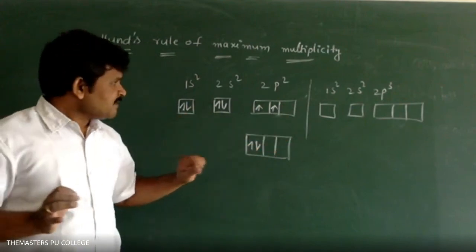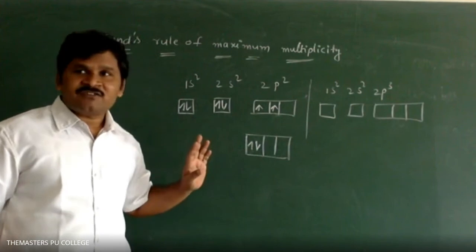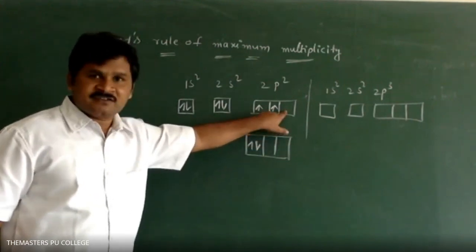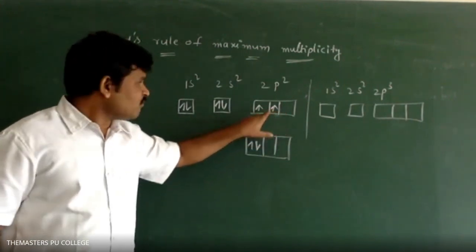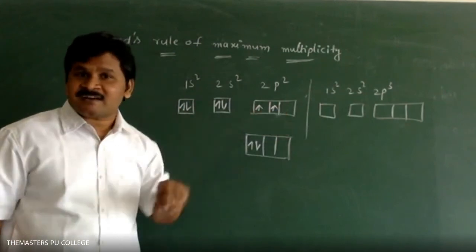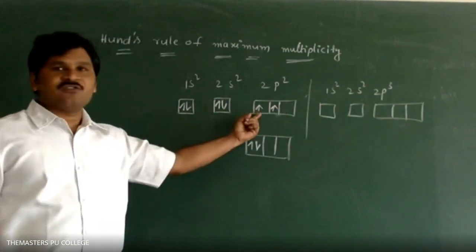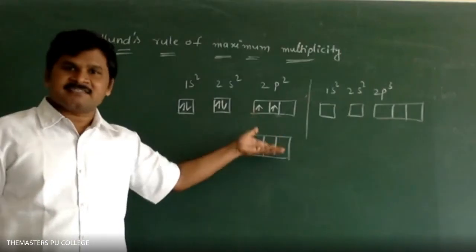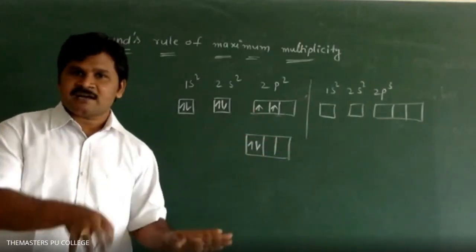And then, suppose the 3rd electron is there. Where do I have to write? Here we have to write. The 4th electron, 1, 2, 3. The 4th electron, where do I have to write? Here I have a box. First only, sir. That is Hund's rule. Clear? That is Hund's rule of maximum